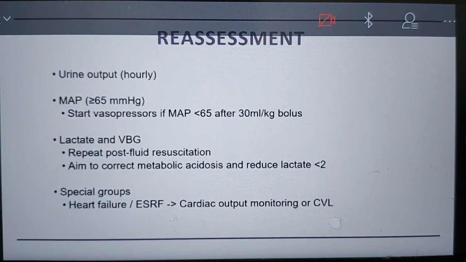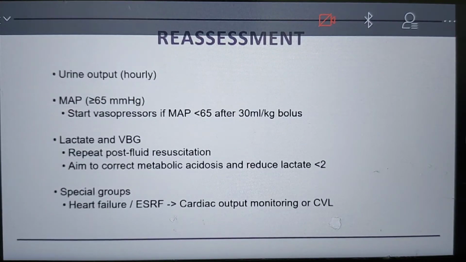So to reassess the patient, the first one is urine output hourly, and MAP, mean arterial pressure. Make sure it is 65 or more. If not, if less than 65, start vasopressor. If the mean arterial pressure is still less than 65 after we give the fluid bolus, fluid resuscitation, 30 cc per kilo, then